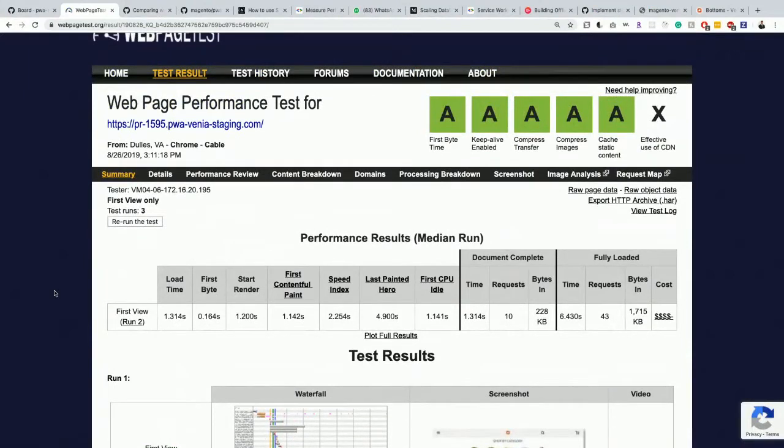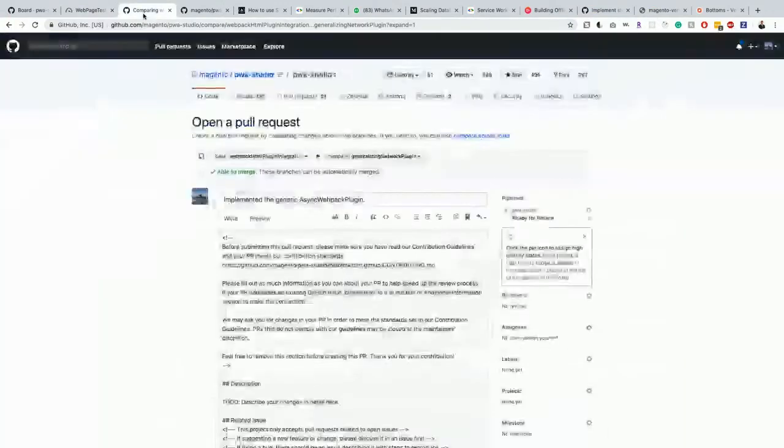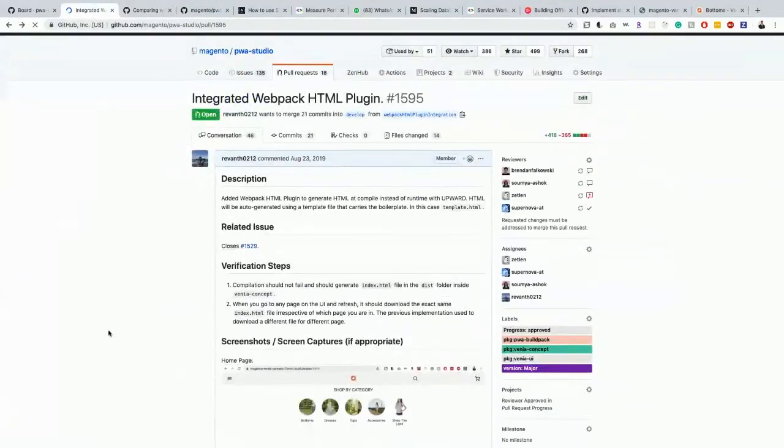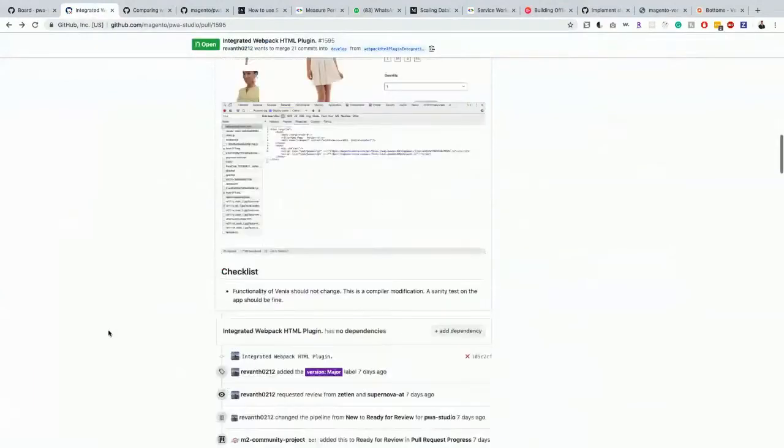Yeah, actually, yes. So if you compare this against the one which we have in develop, the first byte we got an A here, but in the develop branch as of today, it's actually an F. I have a screenshot already ready for that.